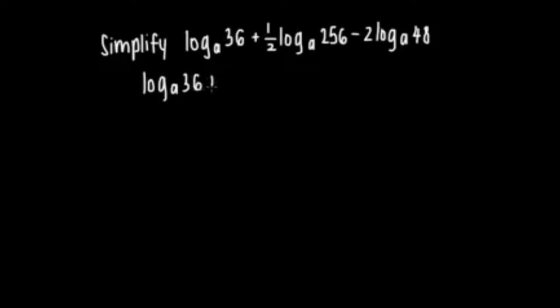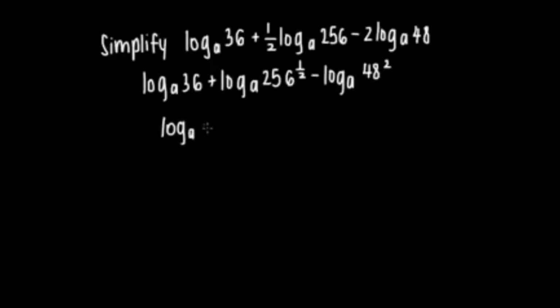Using the power rule, I'm going to bring 1 over 2 on top of 256 and 2 on top of 48, so that's log a 48 squared. So plus log a, the square root of 256 is 16, minus log a, 48 squared is